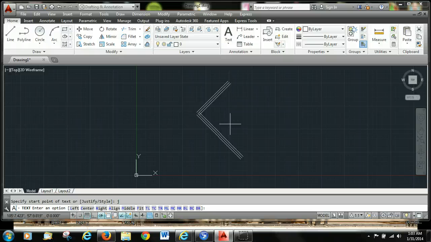And you see that under justify there are several options. There's left, center, right, align, middle, fit, top left, top center, top right, middle left, middle center, middle right, bottom left, bottom center, bottom right. So contrary to what you would normally think, if we want the text to be centered under this bottom line, we need to say top center, so TC, because it's going to go from the top of the text, not the top of the line. So I will do TC